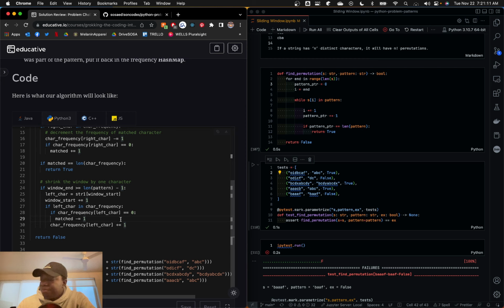So we have a window. We have some random characters: A, B, C, D, E, F, G. It says if our window end is greater than the length of the pattern, our start is going to move. Let's look at this first chunk. What does this mean? Why would you bump up the window if your window end is greater than the length of the pattern? Oh, because we can only look at,